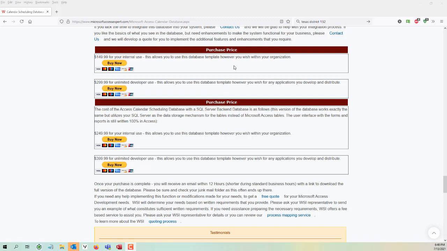The difference between the internal use and the unlimited developer use is that with the developer use, you can not only customize it any way you want, but you can resell it. If you buy, let's say, the inventory management template, you can make it into something else. You can make it into something bigger. You can reprogram it to make not just inventories, but handle all sorts of purchase orders, do all sorts of fancy reports, and all that type of stuff. And then when you're done, you can actually resell it. It's a resell license. Again, that's why the prices for these are a little bit higher,